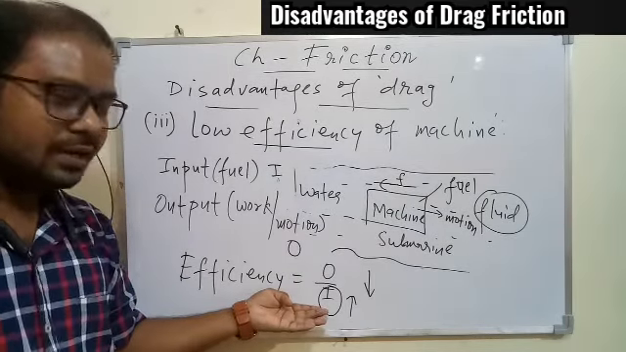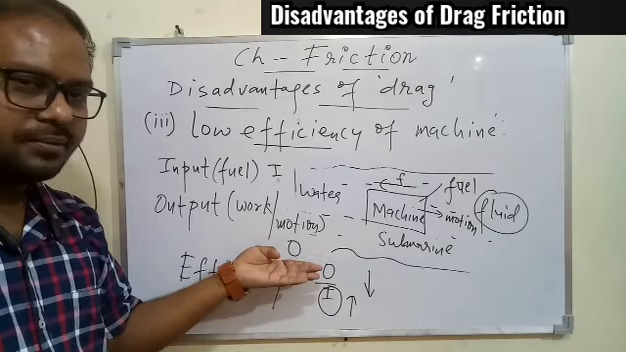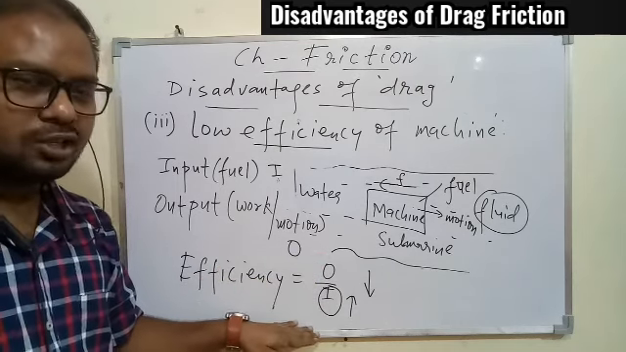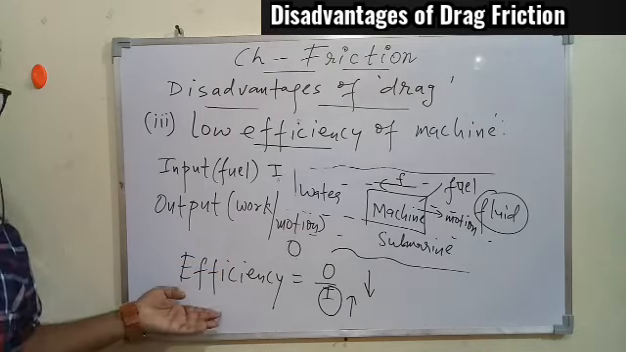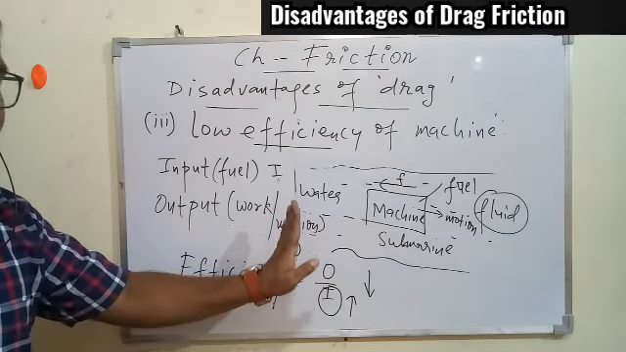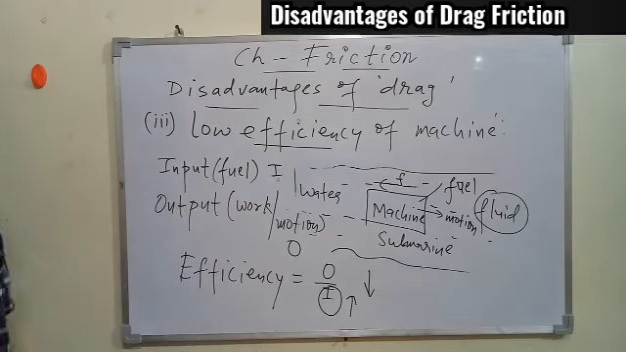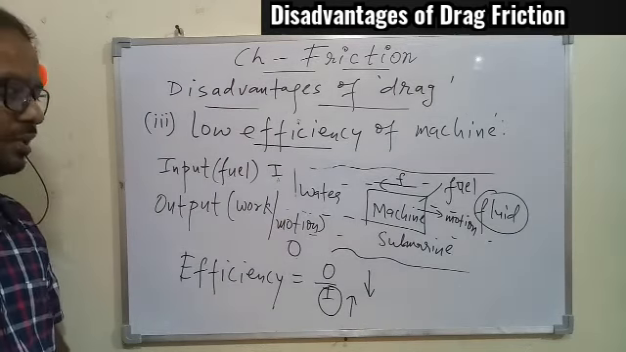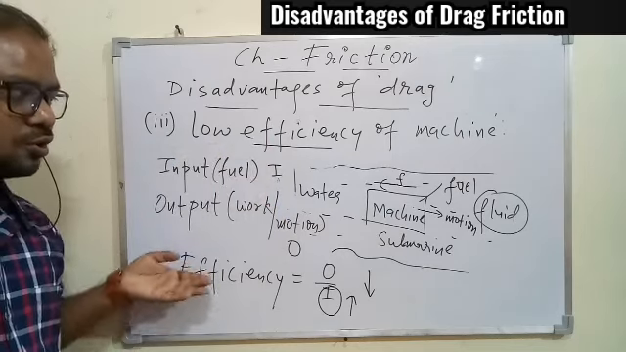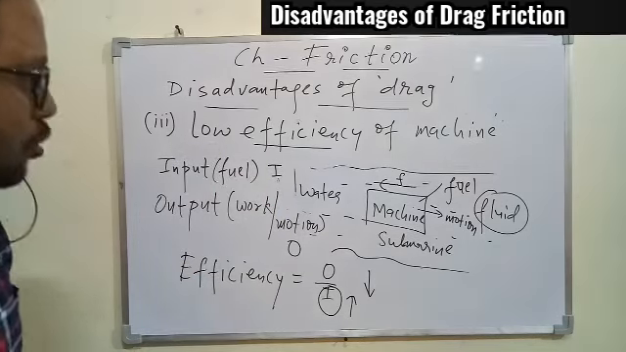So the smaller the denominator, the more the efficiency, and the larger the denominator, the less the efficiency. So since the input will increase, overall efficiency will decrease. That is the concept of low efficiency of a machine due to extra consumption of fuel. So I hope you understood